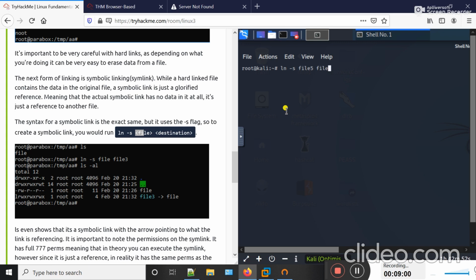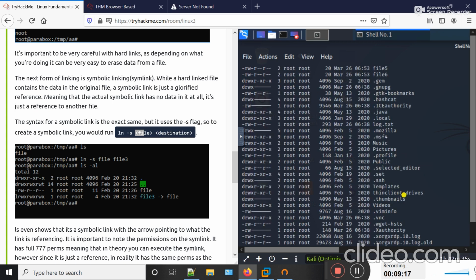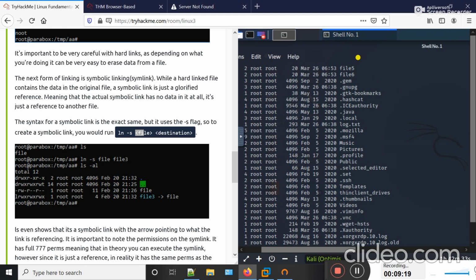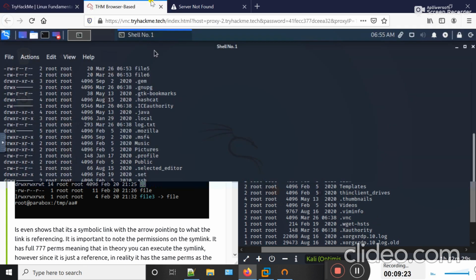And before going to this, I want to show that here in root, I type ls -la and hit enter. Here no file7 is present. You can see, guys, file5 and file6 are present, but no file7 is present here.